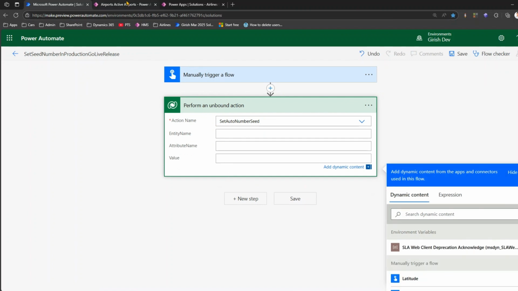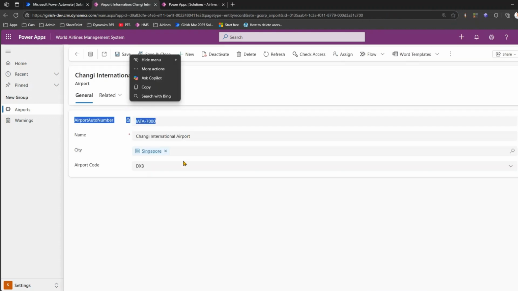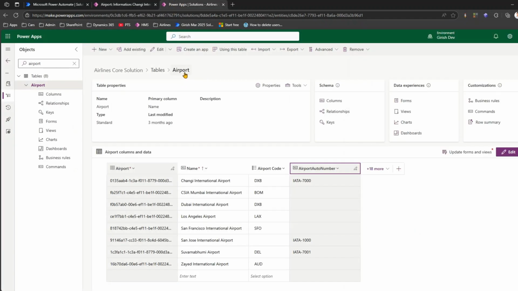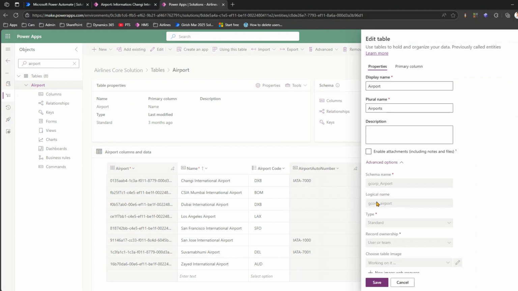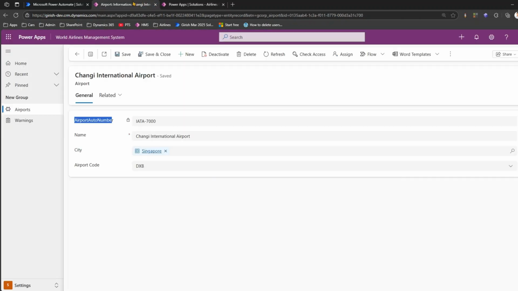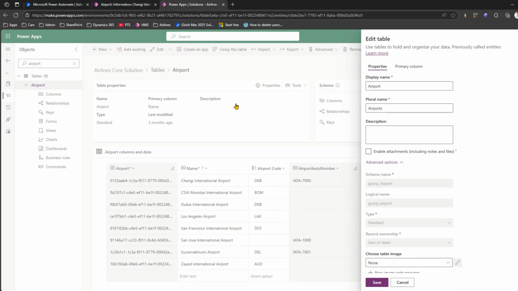Now, entity name and attribute name, what exactly are we changing? We are changing the auto number seed in different environments. So for that, I first need to get the table logical name and then the column logical name. For the table logical name, airport is the table. I'll go to properties, pick up the logical name, and put it in entity name. And then for the column,